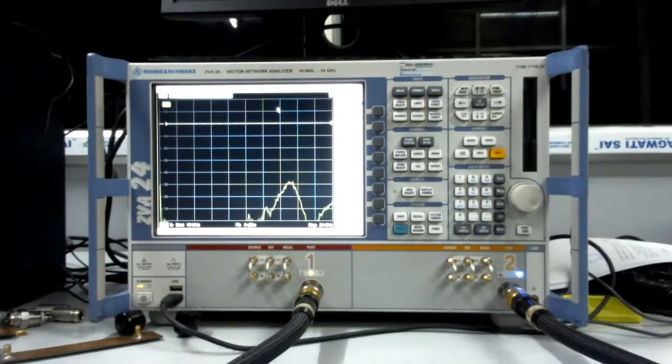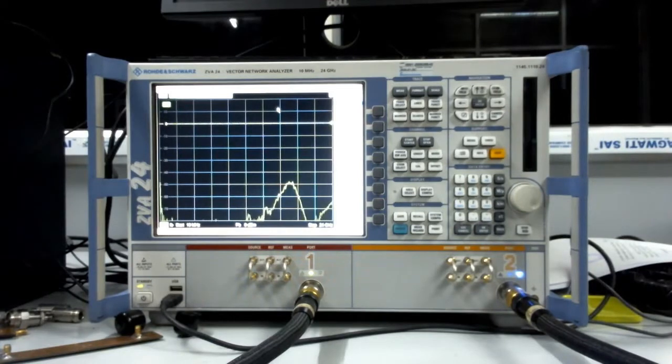Welcome to EE 541 instructional lab course on antenna, RF and microwave. Today is the first class where passive circuit characterization using VNA will be demonstrated. Our objective is to measure the S parameters of a device under test, which may be a filter as well as a power divider or an antenna also.